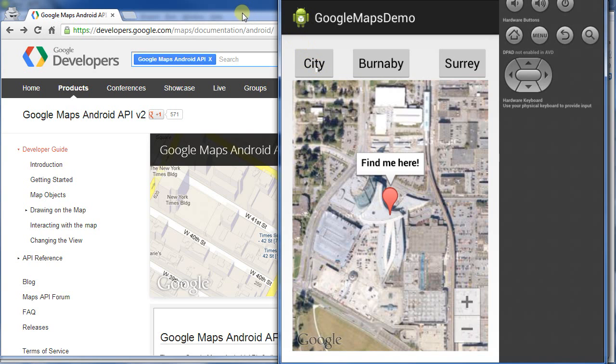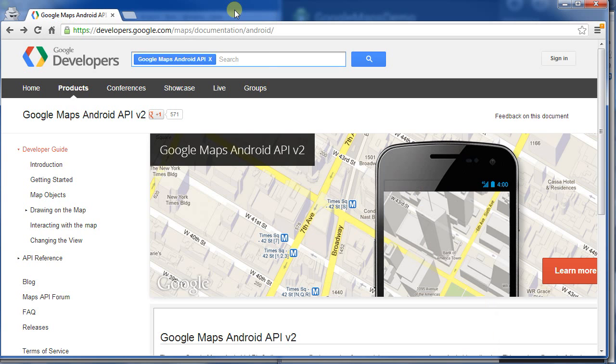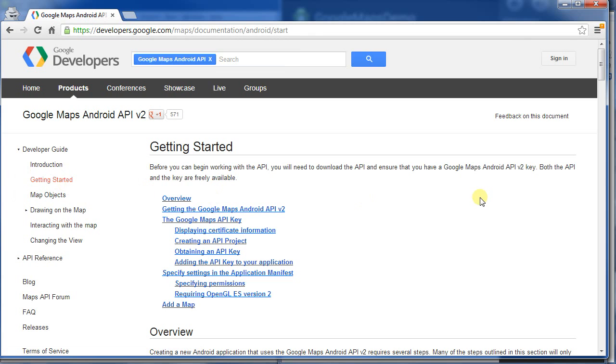So the first thing that we're going to do is go to the web and just search for Google Maps API Android. And the top hit is probably going to be this page. And on it, there is a Getting Started guide. This is pretty good. It'll allow you to walk through how to get set up using the Google Maps API